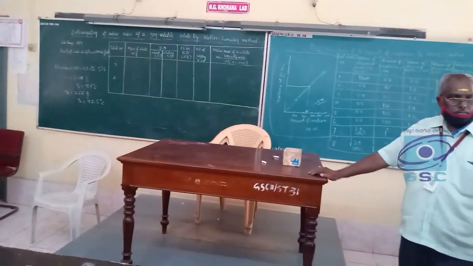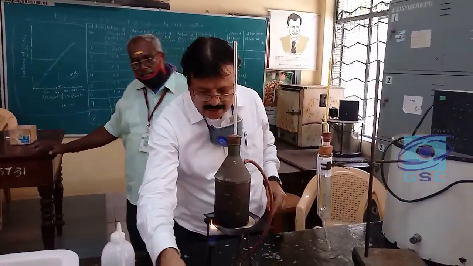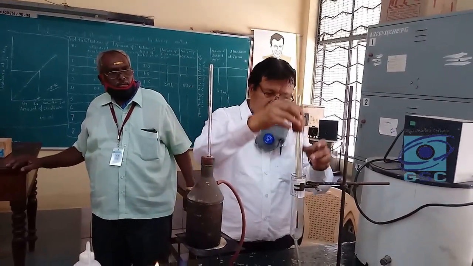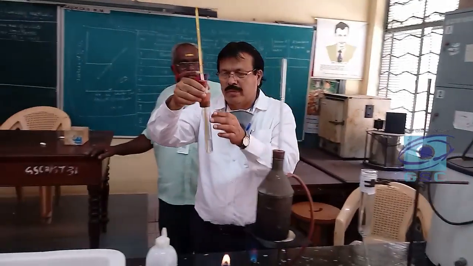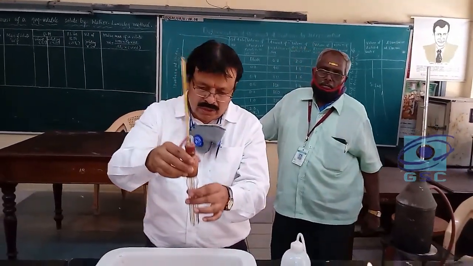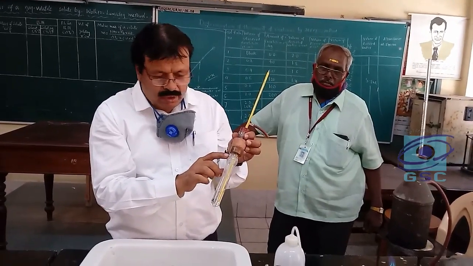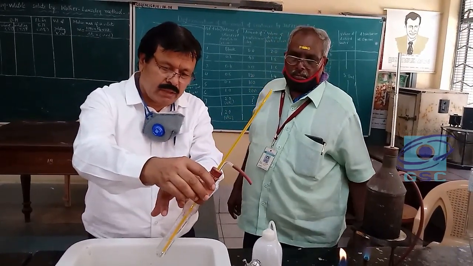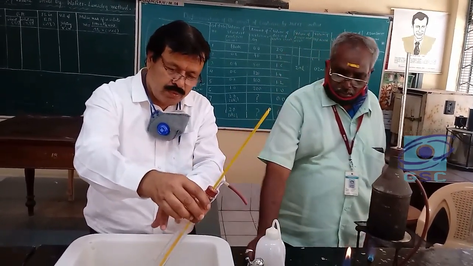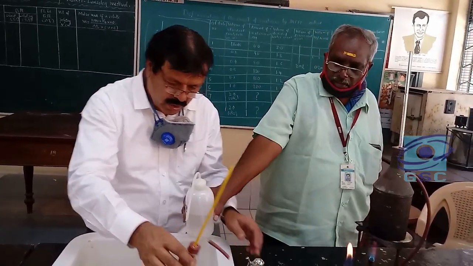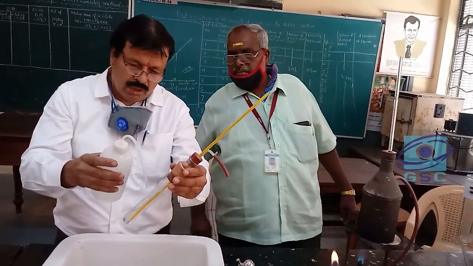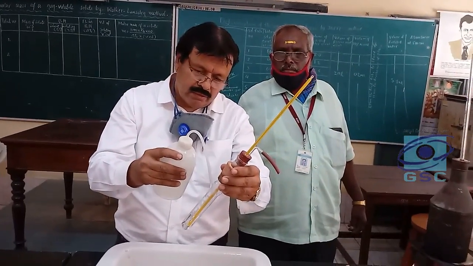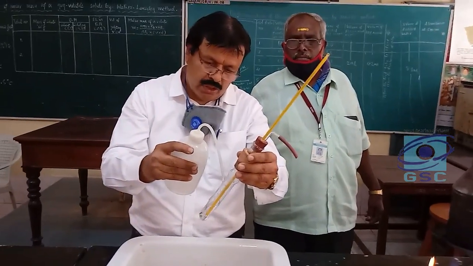There is one more reading we need to record, that is the volume of solution. For this, you have to remove the inner boiling tube from the apparatus and cool it. See that the hole should be on the upper side. You should hold the apparatus in such a way that the hole which is there at the middle of this bulb should be on the upper side. Just cool this so that vapors also get condensed. So there will be an increase in the volume of solution.